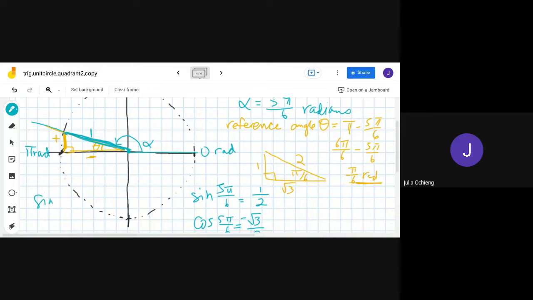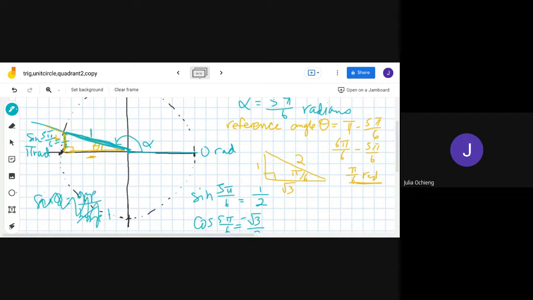sine of theta equals opposite over hypotenuse. Remember that since the hypotenuse is 1, the sine is just equal to the opposite side. So this opposite side, which is the y value, is equal to the sine value. In this case, that will be sine of 5 pi over 6, which was 1/2. And the bottom side, likewise,